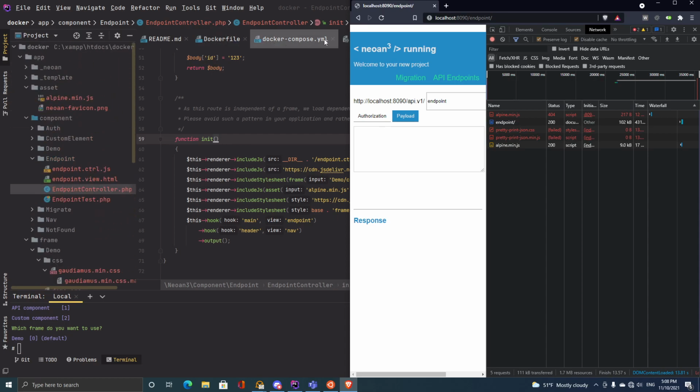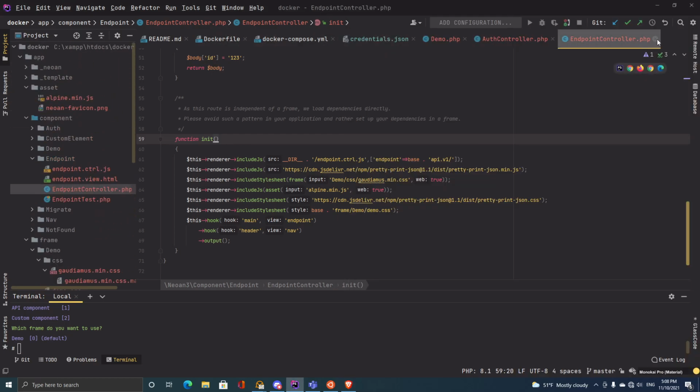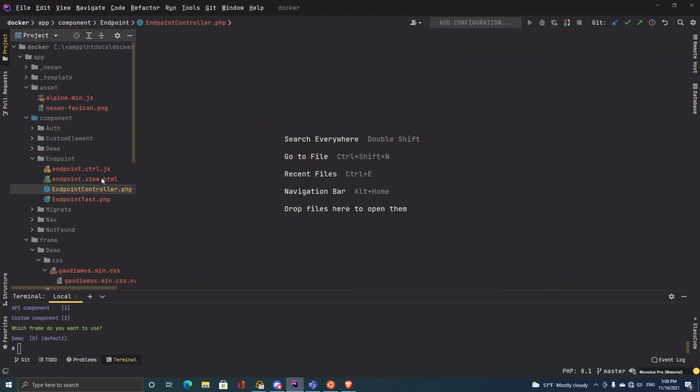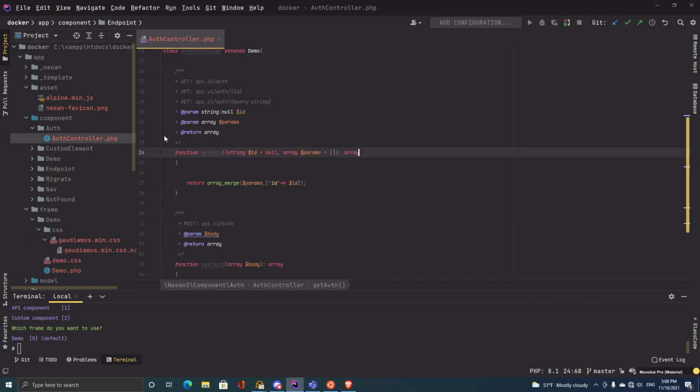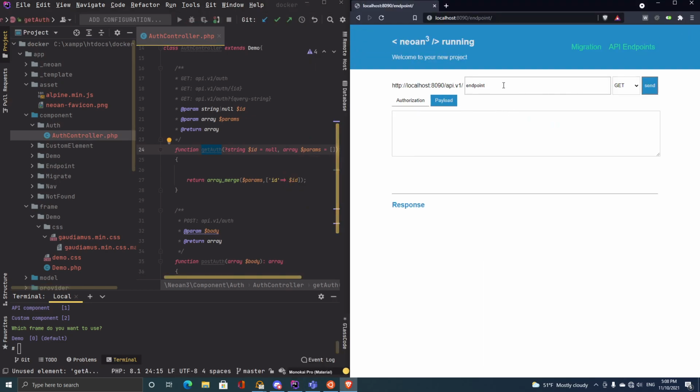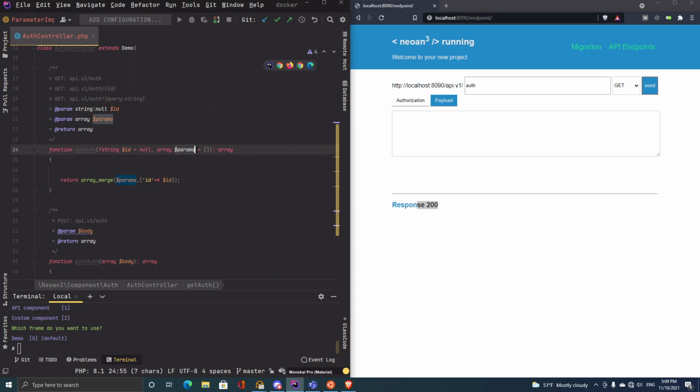So let's go back to what we actually wanted to do and say, okay, forget this endpoint controller. Our auth controller is basically what we want to be concerned about. So the get auth is what I want to test. That means if I'm going to auth and say I want to have get, then let's just send this over and see what's happening. As you can see, I have a response of 200, but there's nothing really coming through. The params that you see here would reflect the last parameter. It has nothing to do with the naming. The last parameter is basically in a get call,